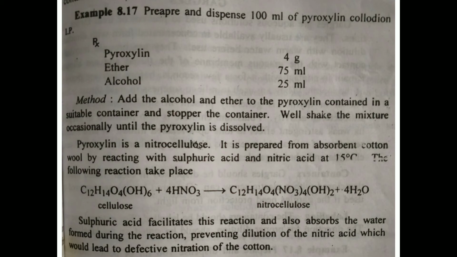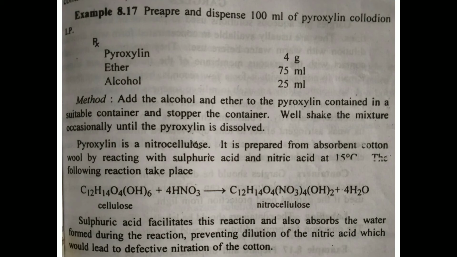The procedure for preparation as per Indian Pharmacopoeia: pyroxylin 4 grams is dissolved in alcohol, placed in a container, and the stoppered bottle is shaken. After that, continue by adding ether